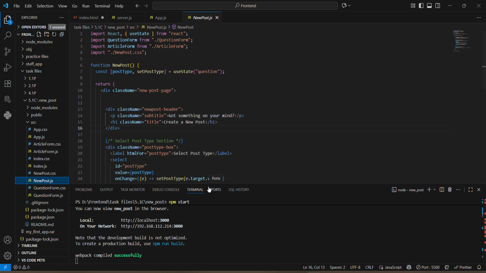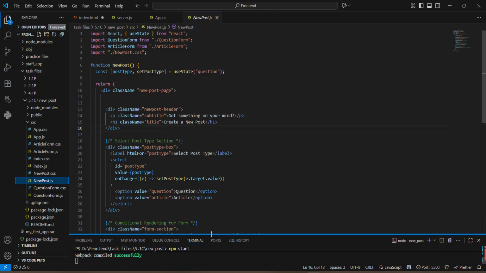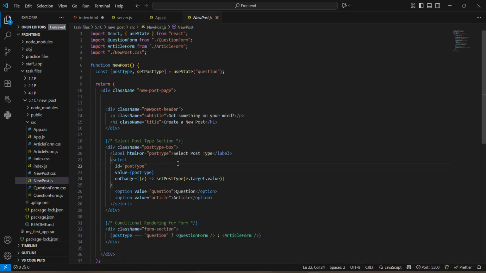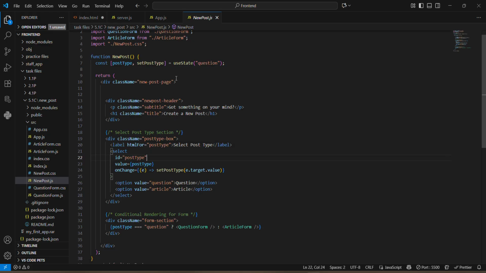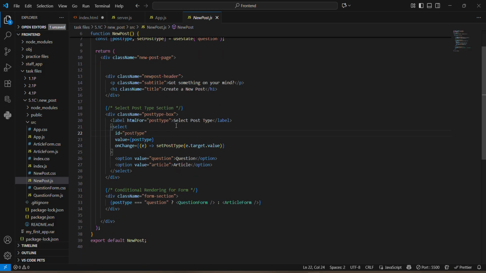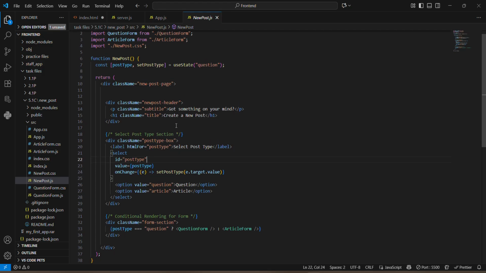So we can see that the main logic is in the new post JS, and at the top I use React's use state hook to store which type of post the user wants to create, either a question or article, and I by default set it to the question. Then I have a drop down menu for the choices, and when the user wants to change the value, the state updates. After that, I use conditional rendering here,